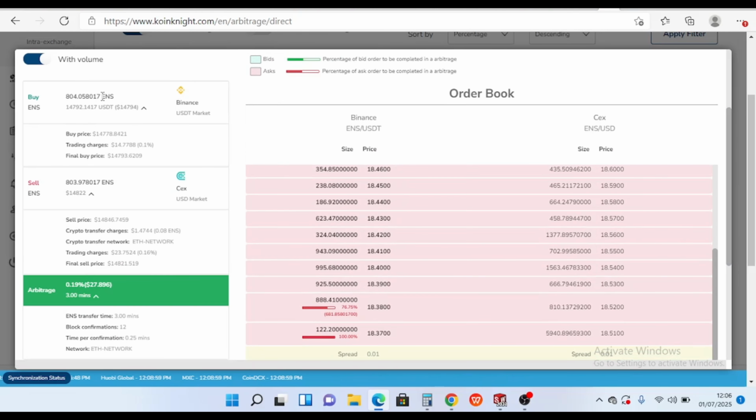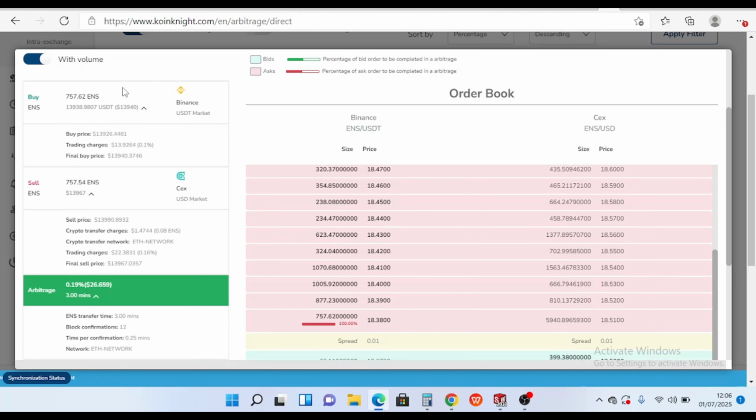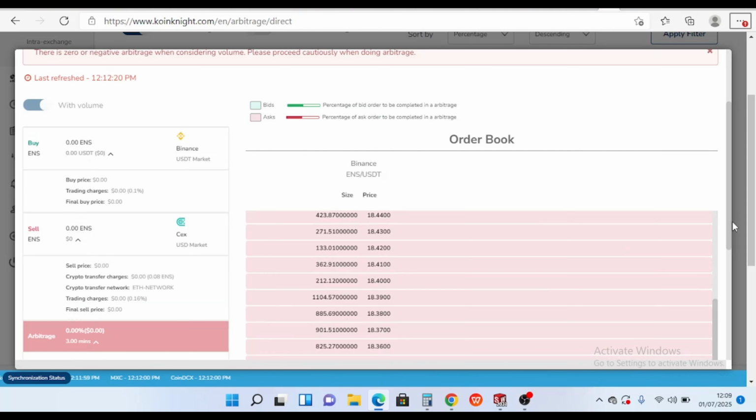So this is the process over here. They will tell you to buy ENS over here at this price, at this range. So it has actually changed to this right now, okay? So you go ahead and buy this amount of ENS over here. It's going to cost you this, which is quite a lot of money. All right, so